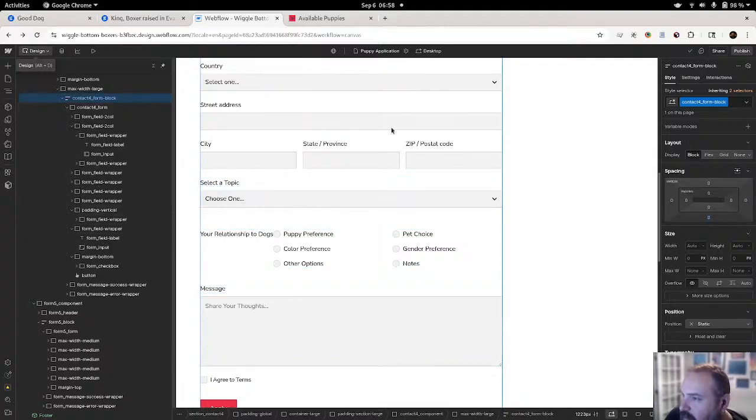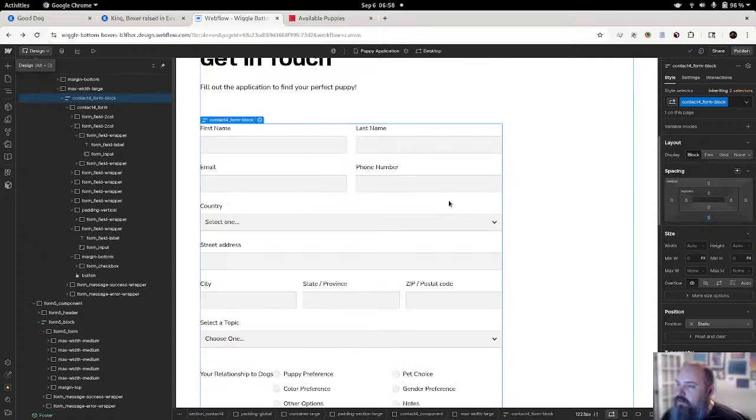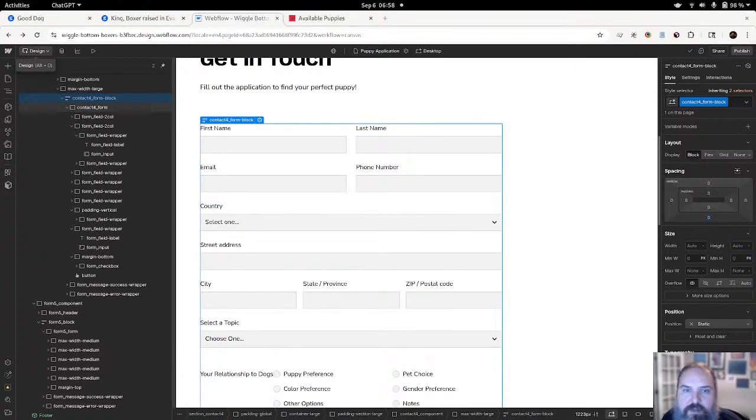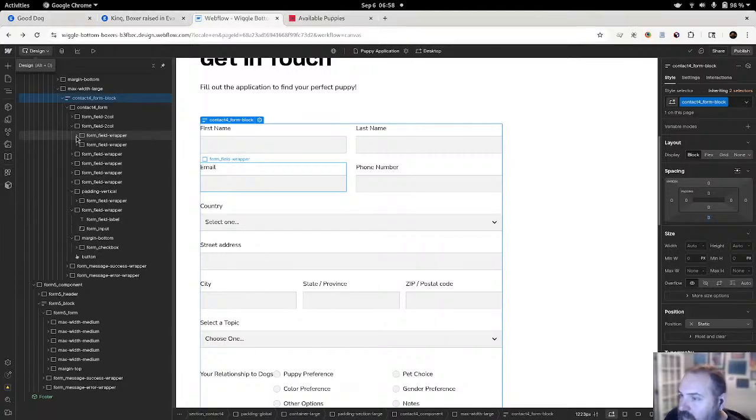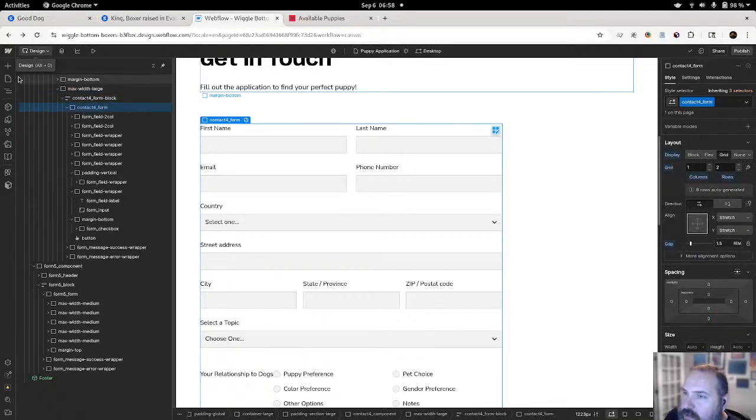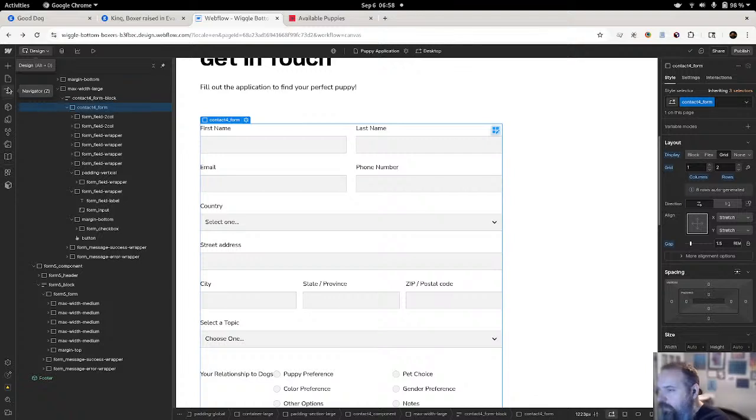Okay, so we got our city, state, zip, all that good stuff inside there. What else we got? What's next? Okay, so there's our contact information. We need to add a field set around here, because otherwise it's just like a giant. Well, you know what? We'll do that part later. We'll just get everything in here first.